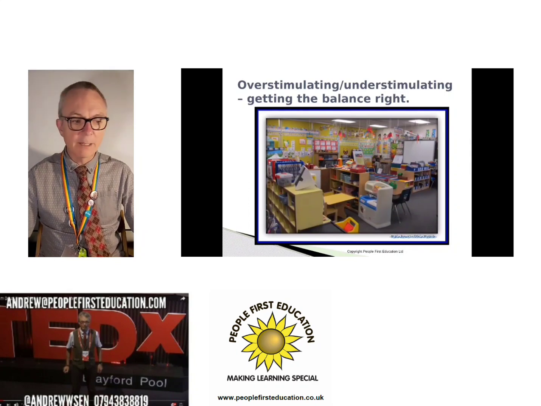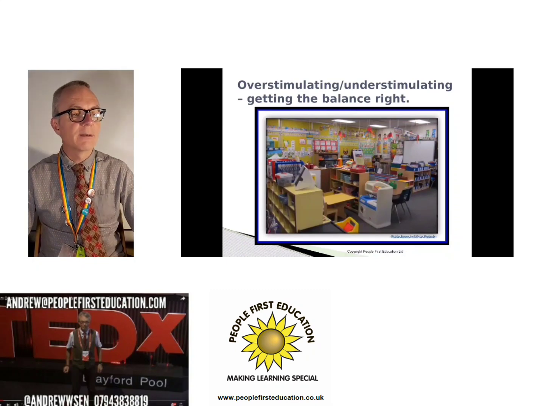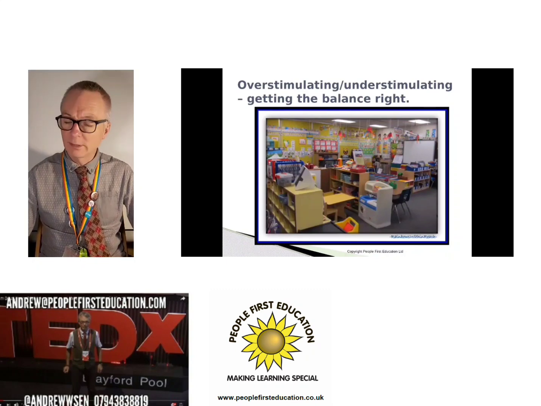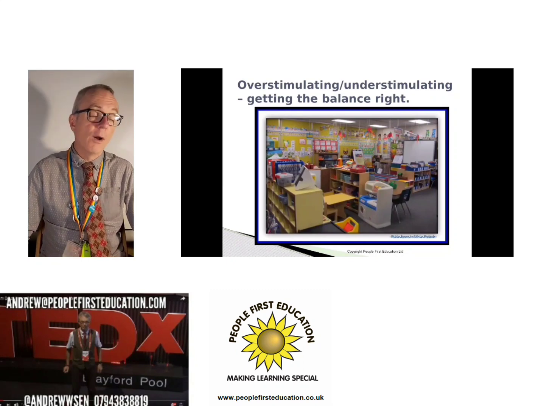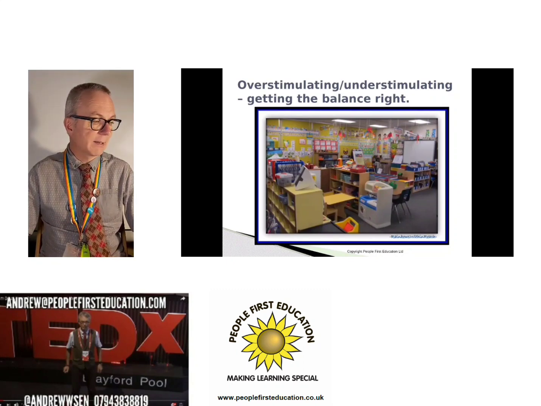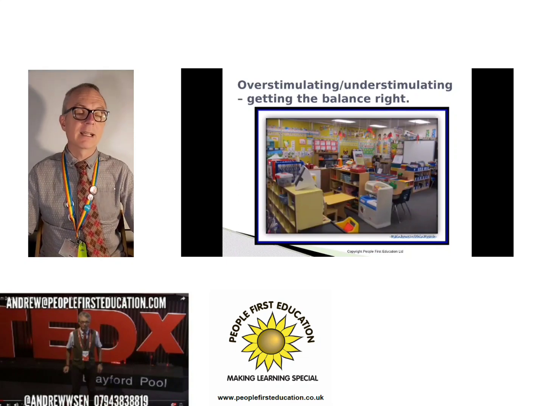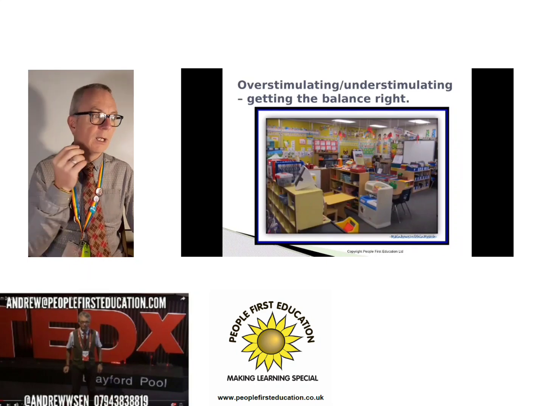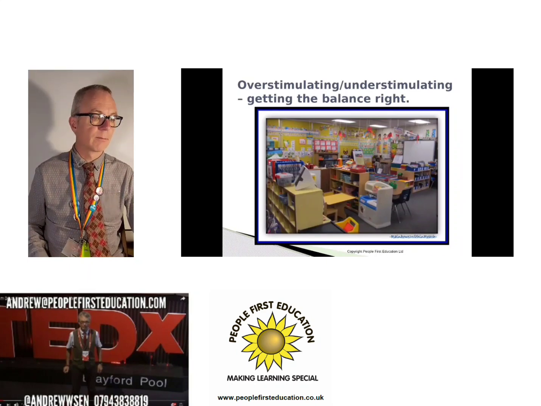And with ADHD, if you overstimulate those children with ADHD, you'll probably end up with some challenging behaviour, or at very least, difficult to concentrate. Having said that, if you understimulate them, you'll have exactly the same situation. So the answer is somewhere in the middle, and where that middle is actually depends on each individual child with ADHD. Every child is different, but overstimulation will not help, neither will understimulation.